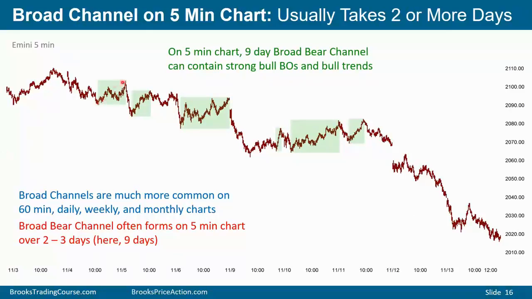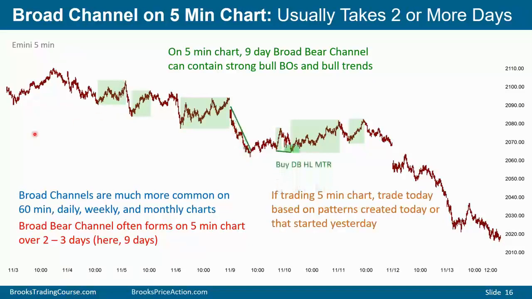By definition, a broad bear channel is going to have strong rallies, and sometimes the market's even always in long. You get strong breakouts, 2 legs up, strong sell-off, and a bull breakout above the bear trend line, and double bottom, higher low, major trend reversal. It's reasonable to buy this reversal up. And this reversal up lasted maybe 100 bars, plenty of room for a profit if you're a day trader trading a 5-minute chart. Here we have a slightly higher high major trend reversal. If you want, you can call it a double top major trend reversal. And you could sell that looking for a swing down, and you get out at the end of the day if you're a day trader.